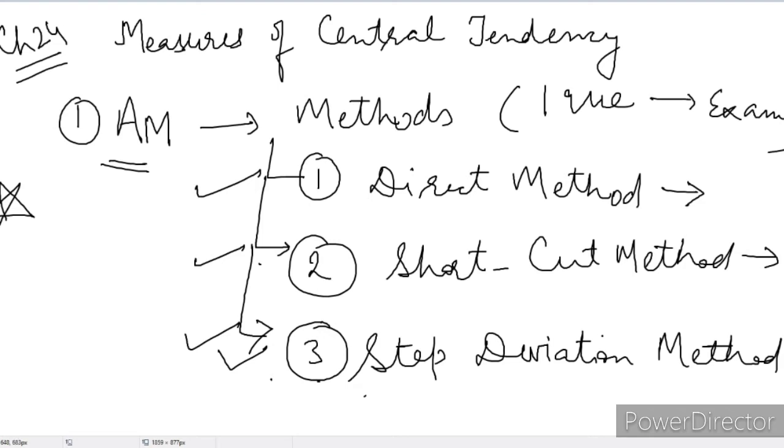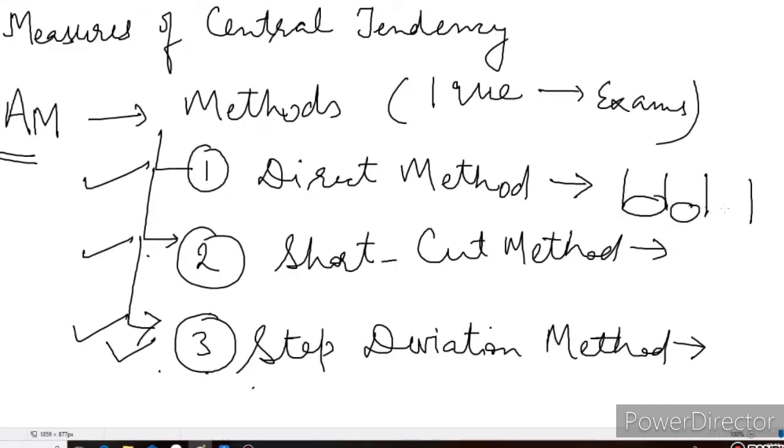The direct method may look like it has fewer columns, like only 3 columns, but then there will be bigger numbers. You have to do bigger multiplications, and in the end also a long calculation. But as the number of columns increases, the calculations become simpler and simpler. This is the only difference between the three methods. And if not specified, it is your choice to choose the method, right?